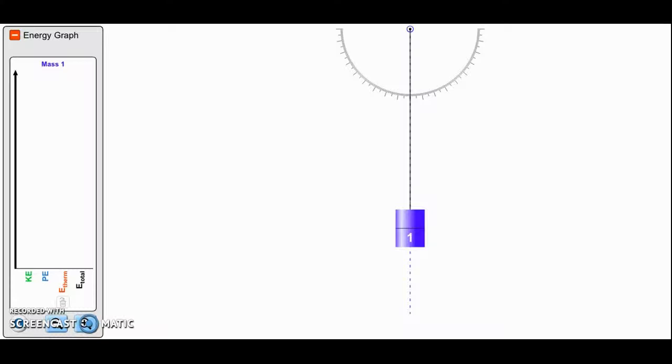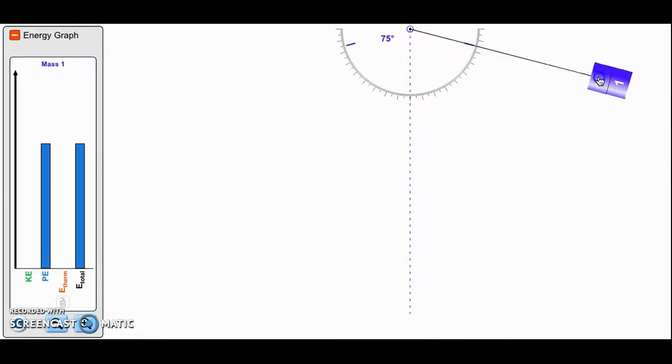The basic concept of conservation of energy is that in ideal conditions, mechanical energy is always the total energy in the system. It can also be shown as potential energy plus kinetic energy. Potential energy is the energy that gets stored within an object and gives it the potential to move. As you can see, when I lift the pendulum to the top of its swing, it gets a large amount